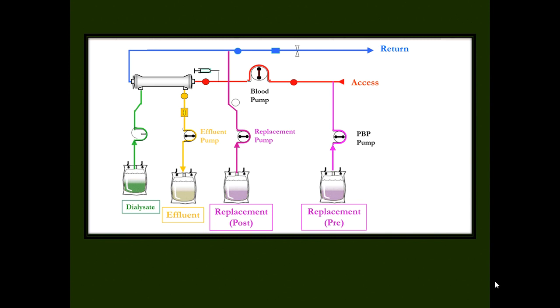The machine gives you only the option of selecting pre or post when you are doing CRRT, but there is an option of pre-blood pump also. If you have taken pre-blood pump, it is acting like a pre-replacement fluid. I will not go into detail, don't get confused. If you have time and if you would like to visit our ICU and if there is any CRRT machine, we will show you there. Right.